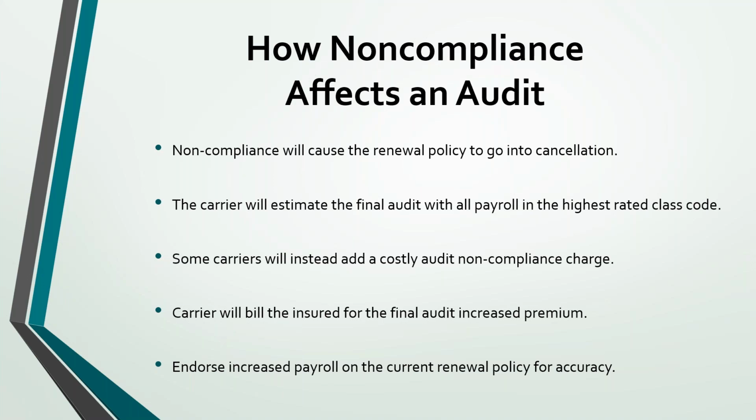Some carriers will estimate the final audit with all payroll in the highest rated class code, resulting in additional premium due, while others will release the final audit with a costly audit non-compliance charge. These charges can be anywhere from $5,000 to $35,000 on top of the original premium. The non-compliance charge is intended to compel policyholders to comply with the requirements necessary to complete the final audit. If the audit is not completed, the non-compliance charge will stand and the insured will have to pay the dramatic increase in premium. In addition, failure to cooperate with the audit may result in a cancellation of their renewed